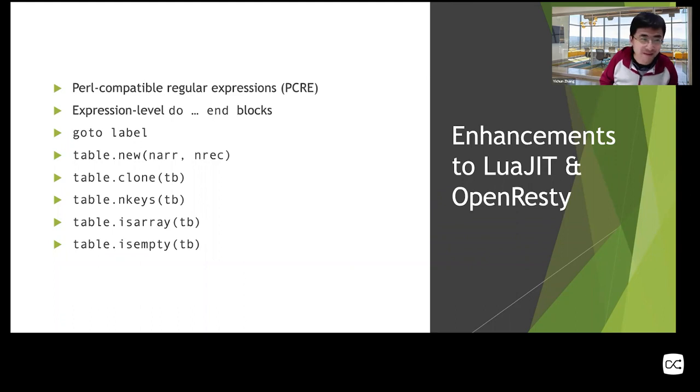Okay, and also there are some new table APIs. They're primitives, so they are not implemented by some slow Lua extensions, not even C extensions. They're part of the VM, so they can be very efficient and can be inlined directly by the JIT compiler of LuaJIT, like table.new. So you finally have a chance to pre-allocate memory when creating a new Lua table. It helps a lot, actually.